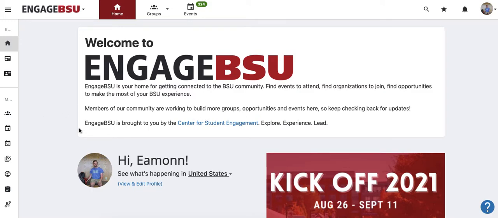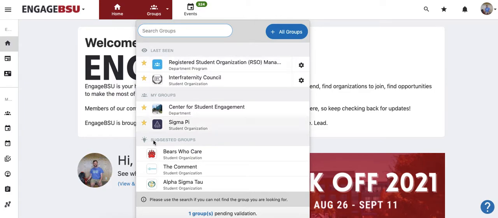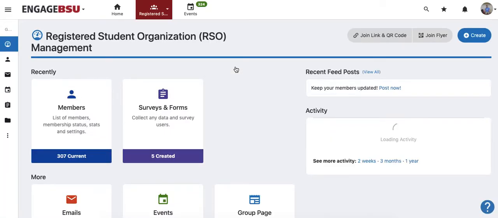So today I'm acting as Eamon, one of our student workers, just so you can see what it would look like to navigate to your page. Right on here, we're on the home page already logged in with our username and password. What we're going to do is come up to the group section up here. You're going to choose your organization. For the purpose of this video, I'm going to select registered student organization,